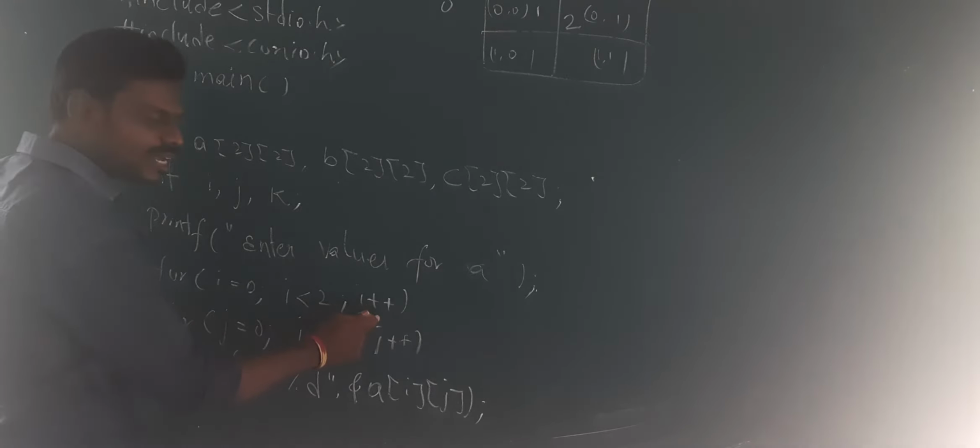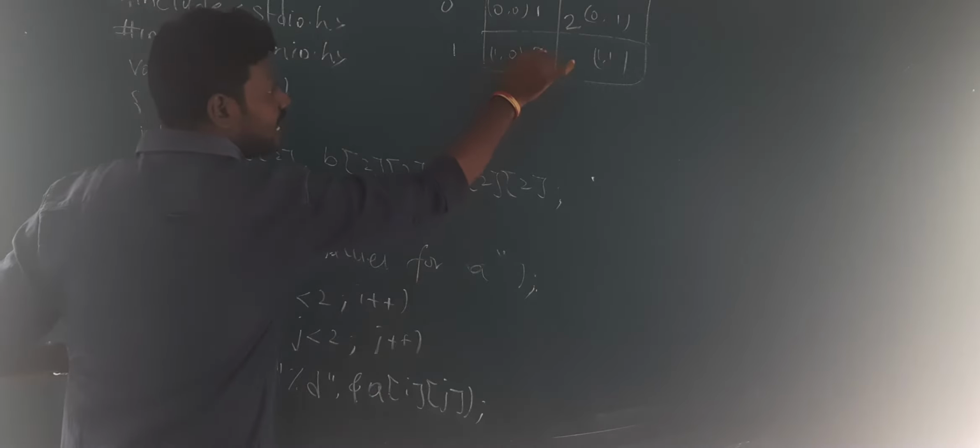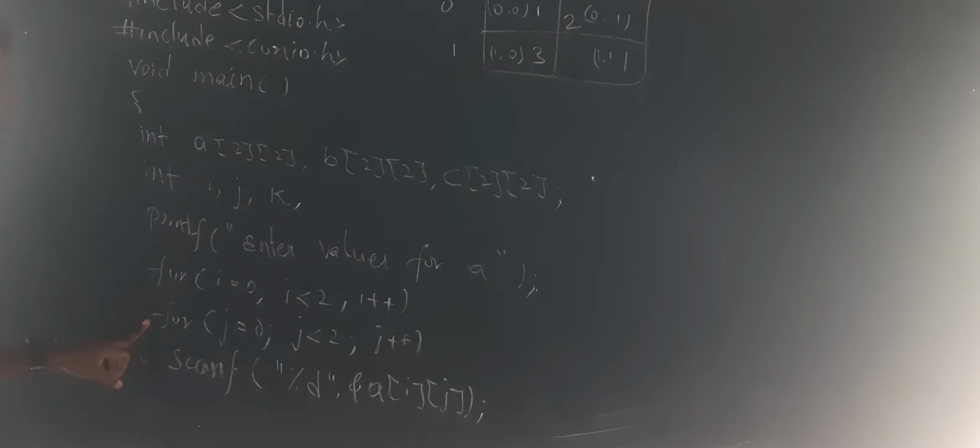i is 0 at this position, and I am incrementing the value of i. It will become 1. So it will go to the next row. 1 is less than 2, yes, it is true. Now I will be entering into this row. j is 0 here. Okay, 0 less than 2, yes, it is true. Now I access some value, that is 3. I want to enter the value 3. Where will I place it? i is 1 and j is 0. At 1 comma 0, at this particular position I am placing my 3.